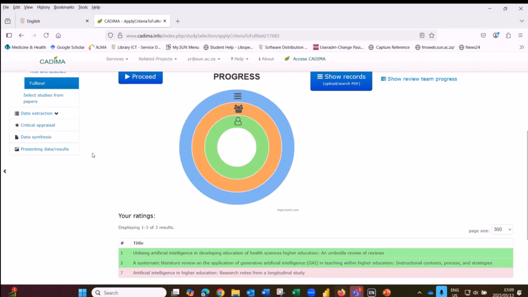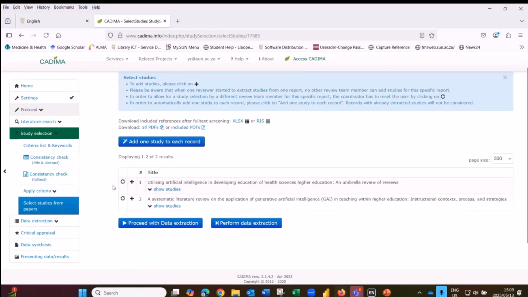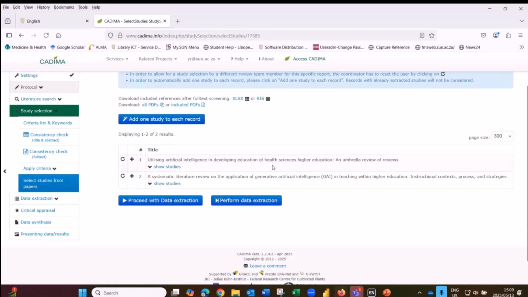There's data in those 2 articles that you're going to use in your research. You've identified this data because you've read through the whole article, and it's important that you've identified that there is data in those articles. Okay, here you're going to add the articles to your study, and here you're going to start with the data